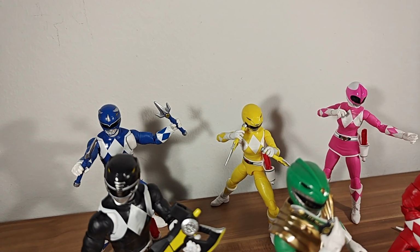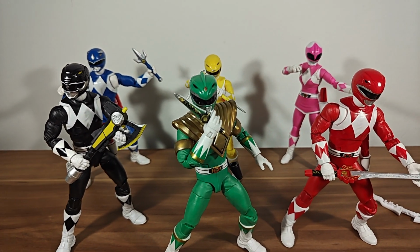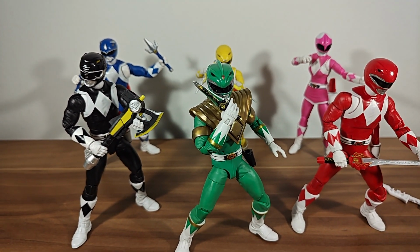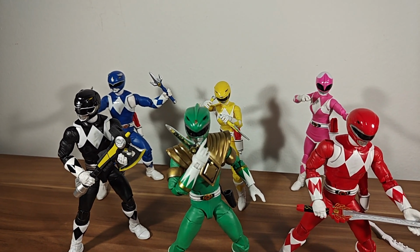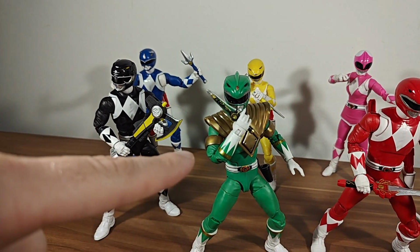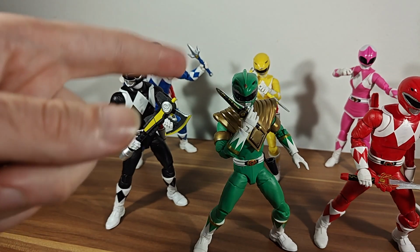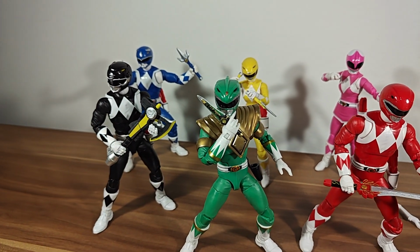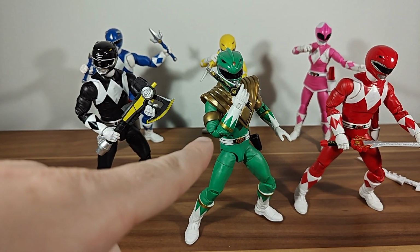Kind of like what Super 7 does. Super 7's figures, at least in Europe, are €10 more expensive than these. But you get so many accessories. It's unreal how many accessories you get with it. For Tommy, for all of the Rangers, you get the weapons from the 90s flip head versions of the figures. You get with him the Sword of Darkness, the Sword of Power,